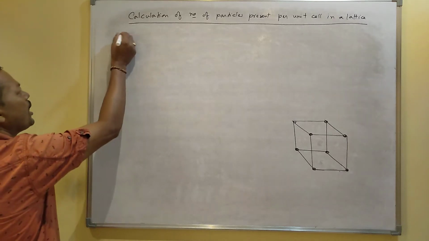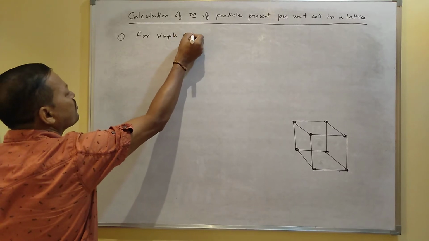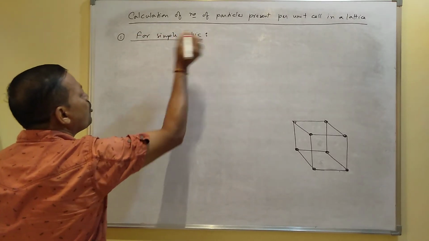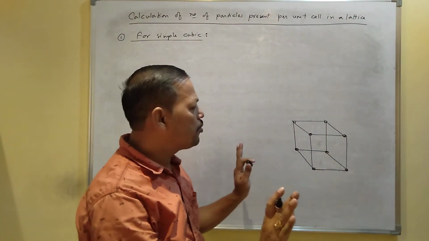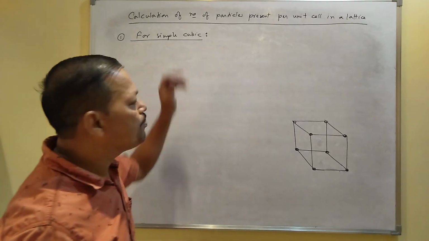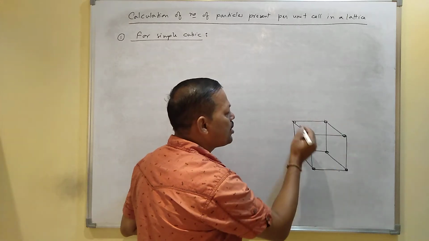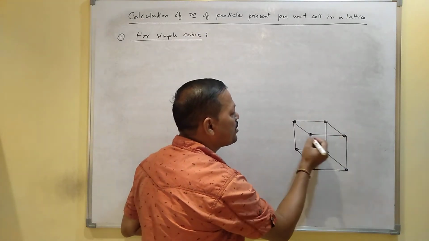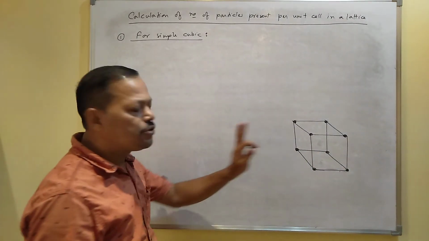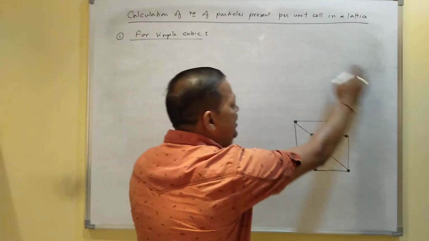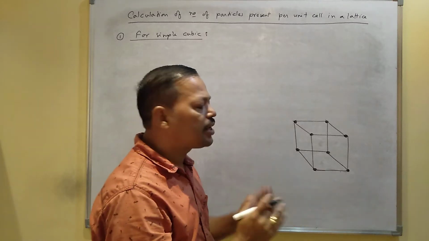So number one, I'll do for simple cubic, I mean for the primitive unit cell. If your unit cell is simple or primitive, then the particles are present only at the corners, no other position contains particles, then it is called simple. Now you know, in a cube, how many corners? There are 8 corners, I mean 8 corners contain 8 particles like this. These are the 8 particles present in the corners. So you should get 8 particles, but when it produces the lattice, you don't get 8 particles per unit cell. I mean one unit cell does not contain the 8 particles.